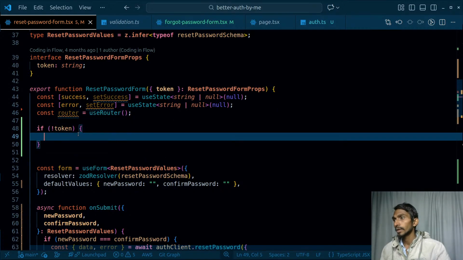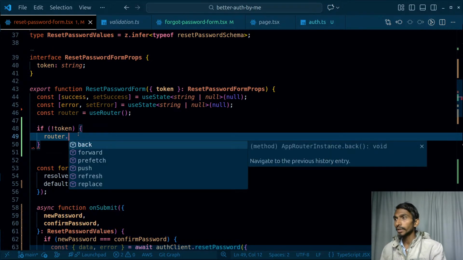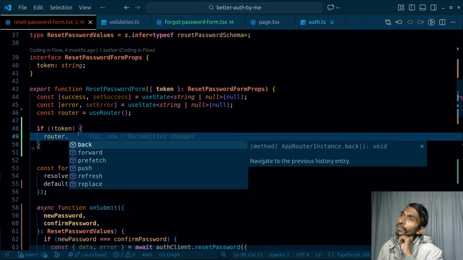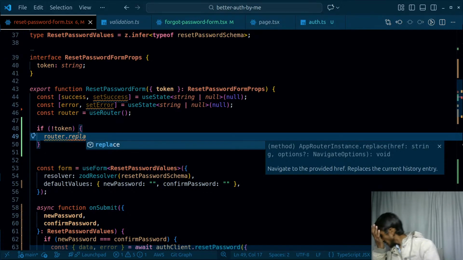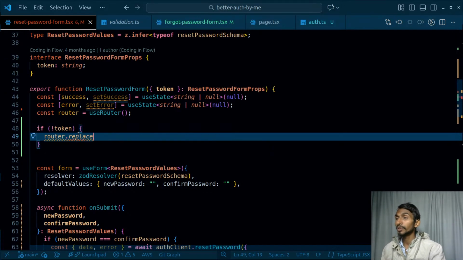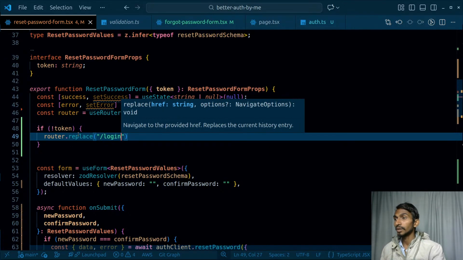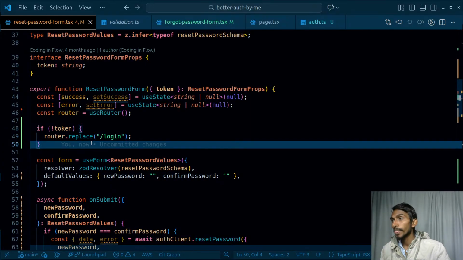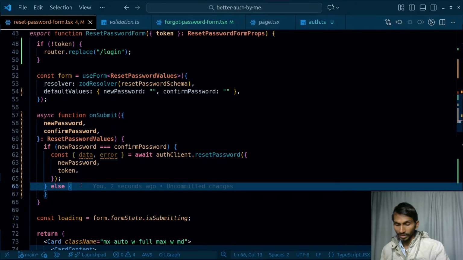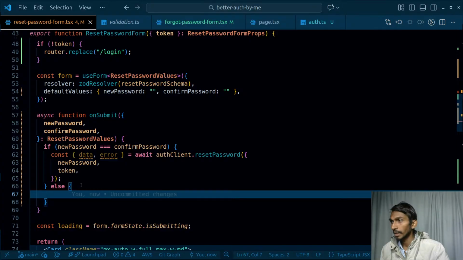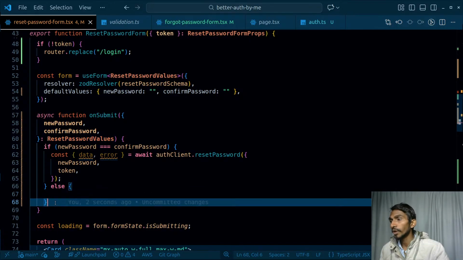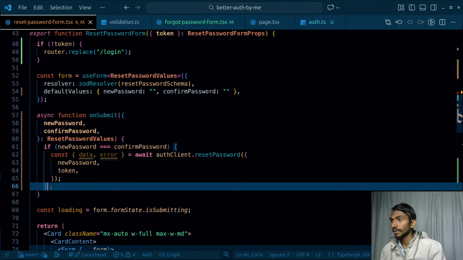Router dot what? Router dot what should I do? If there is no token, I will be replacing the whole thing. Replacing in the sense there will be no history, and I will be redirecting the user to the login page. And same is going to be happening over here. No, same is not going to be happening over here. If the passwords do not match, I can say in else case,